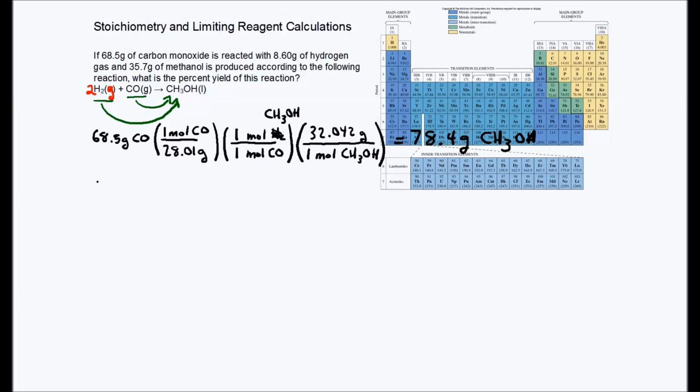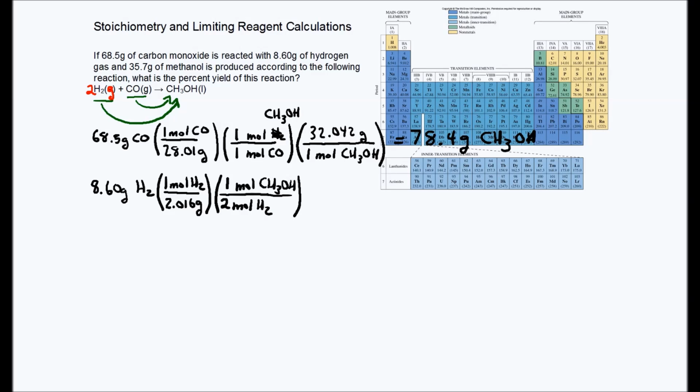Now let's see about the hydrogen. So starting with my known hydrogen amount, 8.60 grams of H2, convert to moles. 1 mole H2 divided by the molar mass, 2.016 grams. So 2 times the mass of a hydrogen atom. Now I convert from moles of H2 to moles of CH3OH. From the balanced reaction, the coefficient in front of methanol is 1, the coefficient in front of H2 is